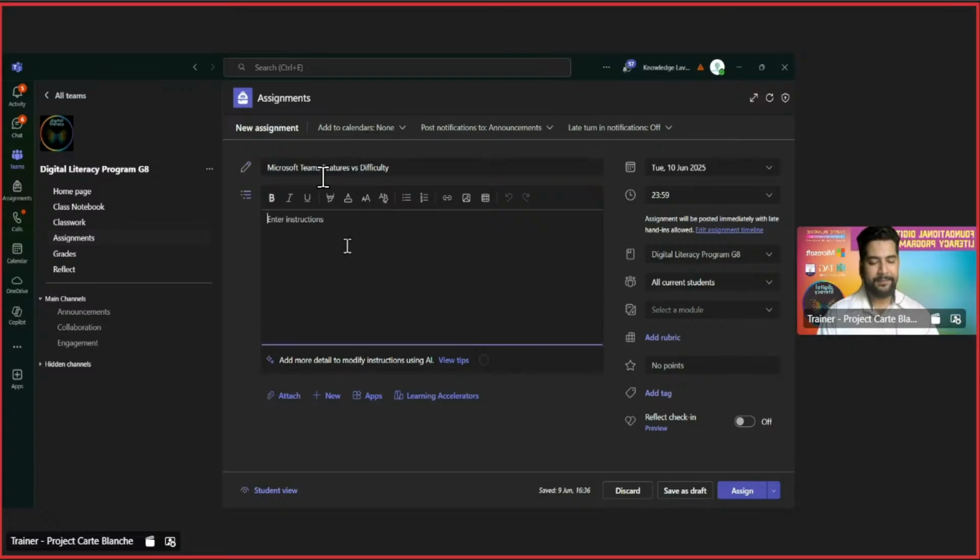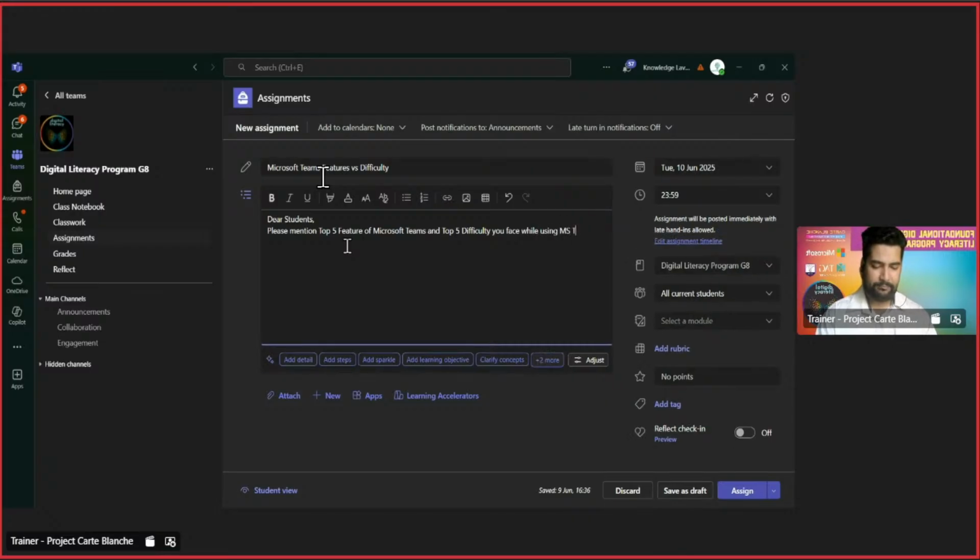And I give the instruction: dear students, please mention the top five features of Microsoft Teams and the top five difficulties you face while using MS Teams, on the attached